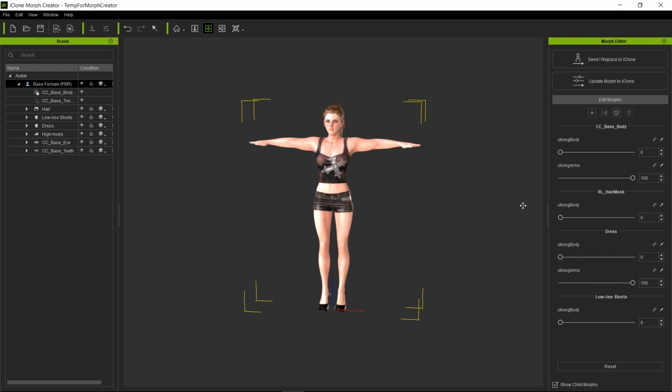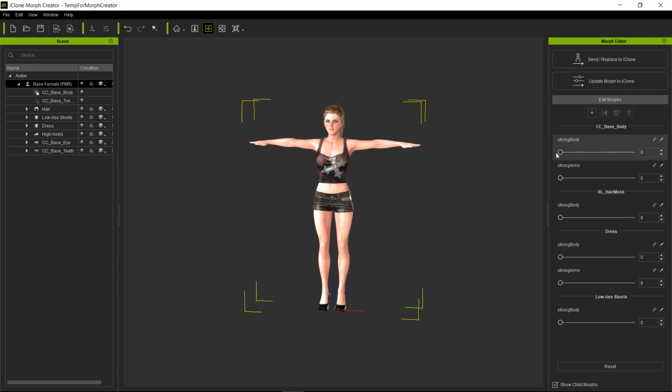All right, so let's test this out. Now we have our arms and we have our strong body morph as well. So notice that they actually do compound, so they are additive. So notice this goes this big for the arms, but when you add the arm strong morph, it adds on top of the fitness morph that we created for the body strong, the strong body. So this is how we can multiply the morphs or add up the morphs to create an even bigger, more